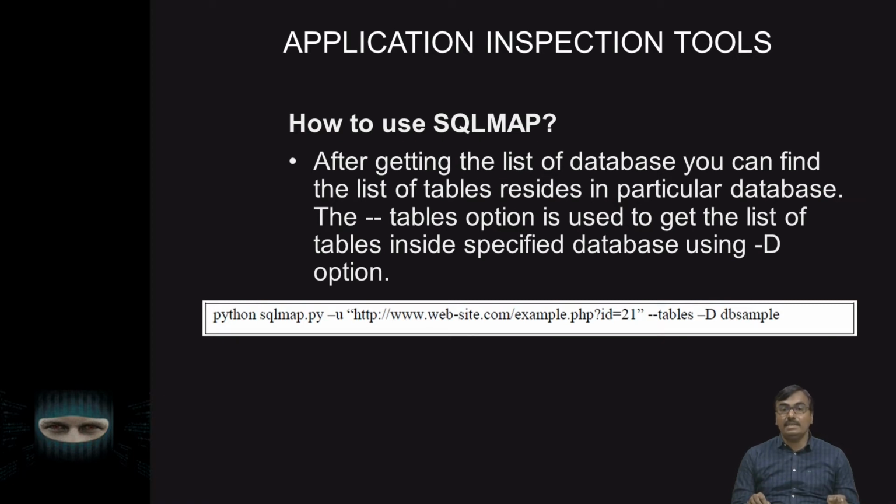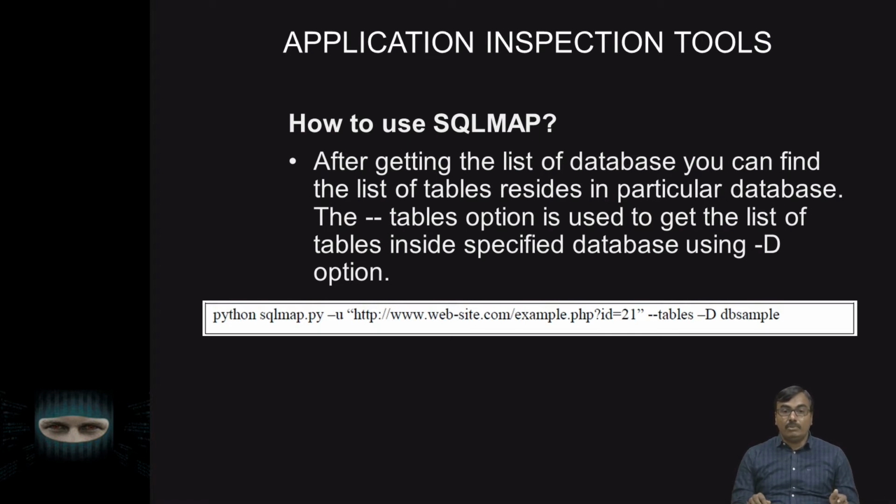So after getting the list of databases, you can find the list of tables residing in a particular database. A database is nothing but a collection of various tables and views. So you are interested further in finding the tables. The --tables option is used to get the list of tables inside a specified database using the -D option. So as you can see on the screen,